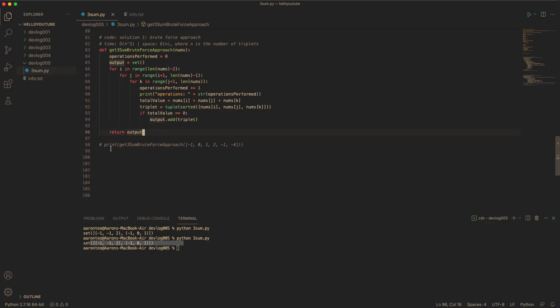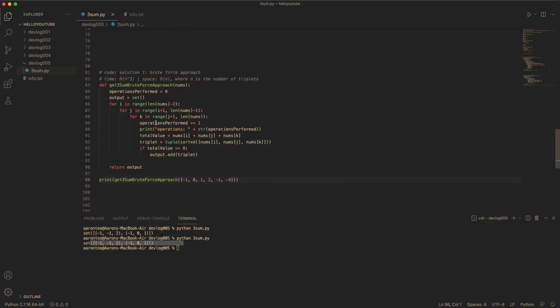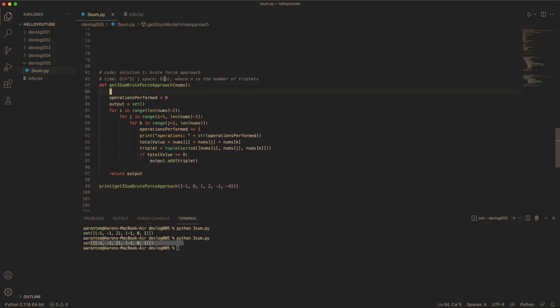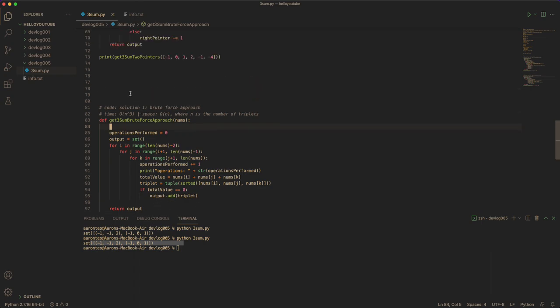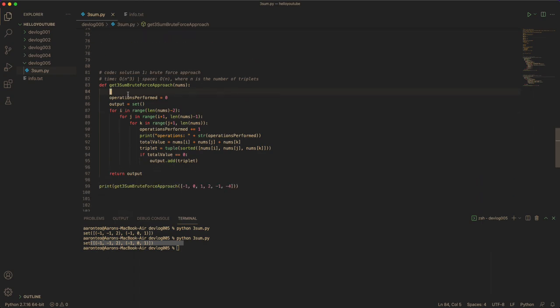Now when you run these two together, you can clearly tell the difference, right? So this is solution 1, and that is solution 2. So you can just print this out. Basically, why not just print out the final number of operations